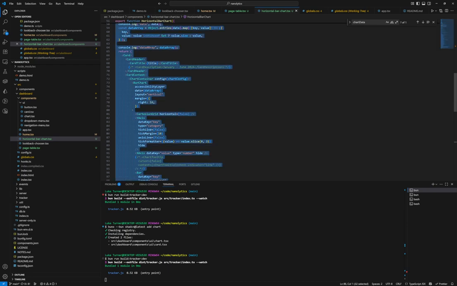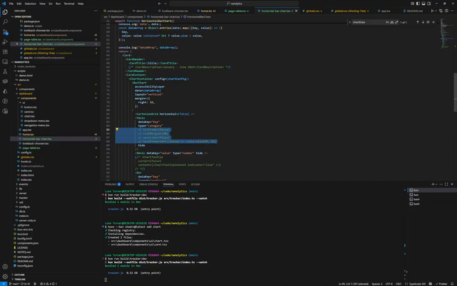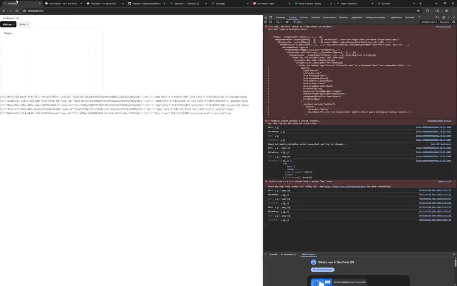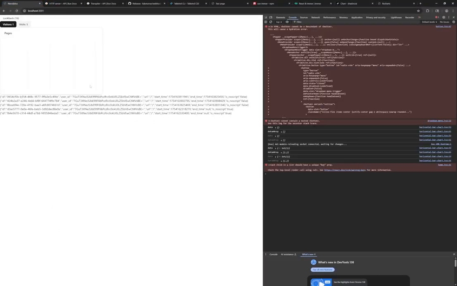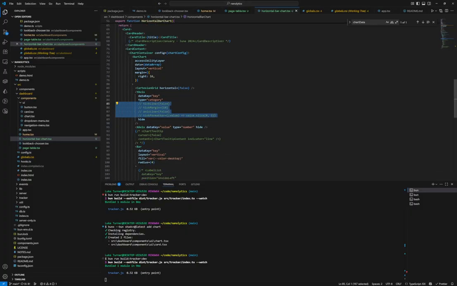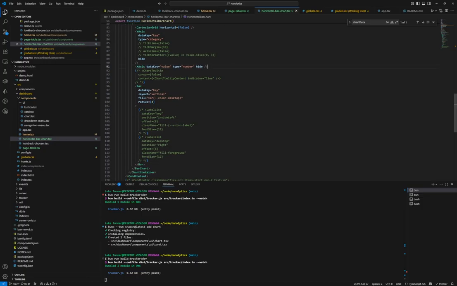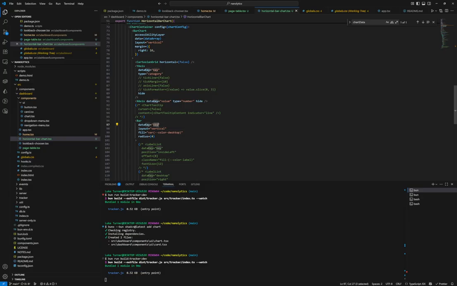What if I get rid of these? I kind of just want to get this to the simplest minimal example that's actually working, right? Data key, key, if I get rid of fill,